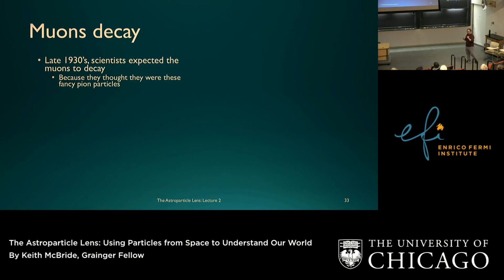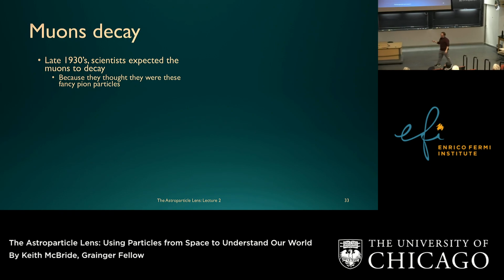So if you're confused, I'm confused too, because these two things are not the same thing, but scientists at the time, I mean, think of how confused they must be, right? Because they don't know that pions do exist, but they kind of proposed them as a particle that would bind charges in the nucleus together. And so there was all this excitement about the muon, where maybe it was the thing holding